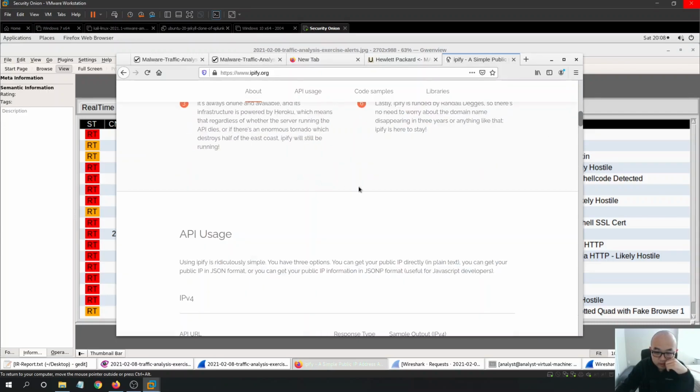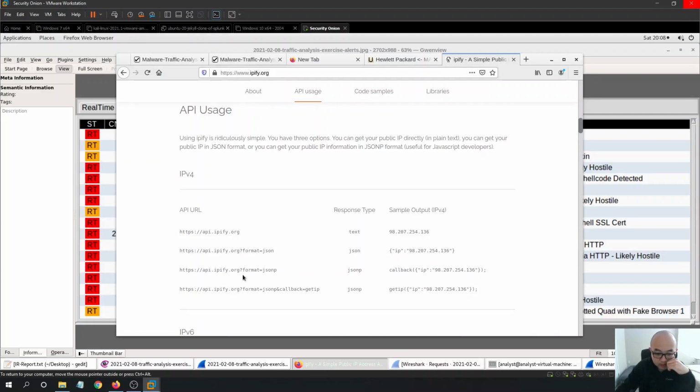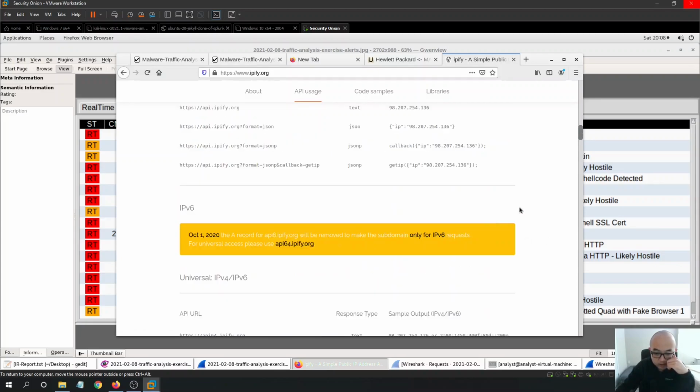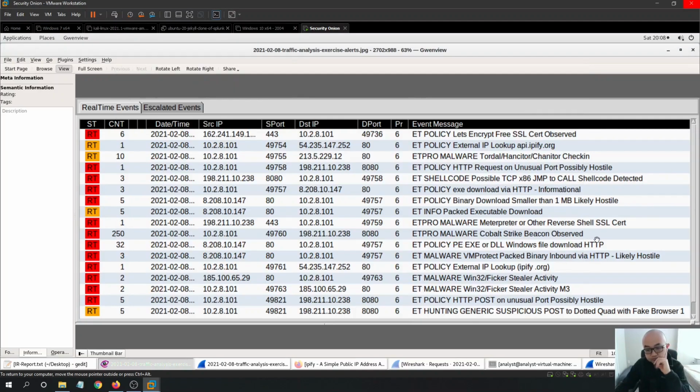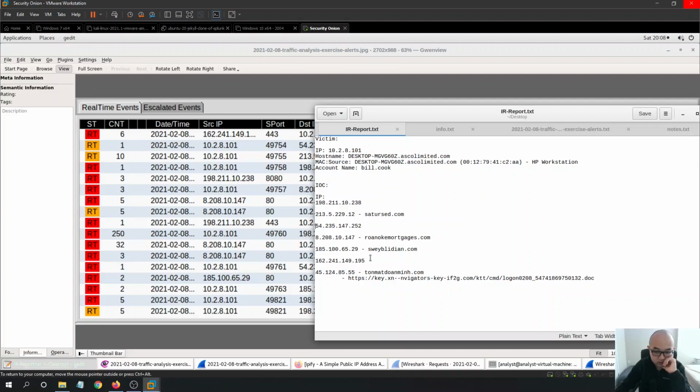I think this one is just an API for your public IP address, but I'm not entirely sure what this is used for. But it was being hosted on AWS, so